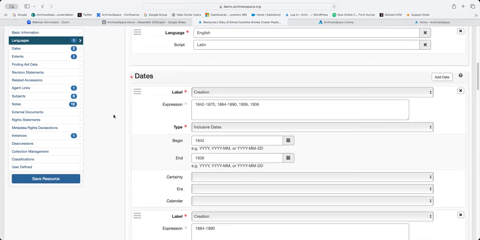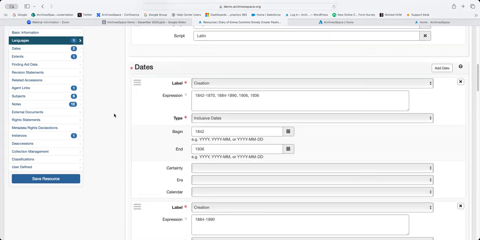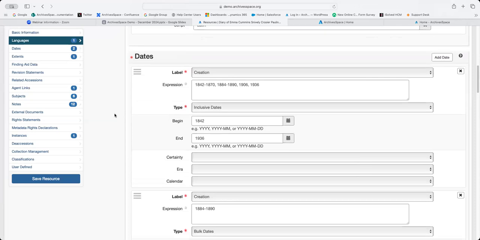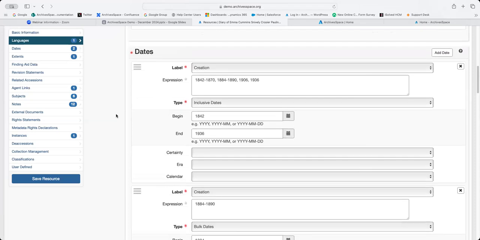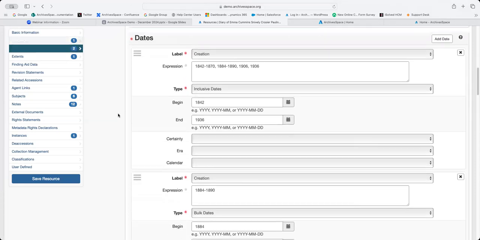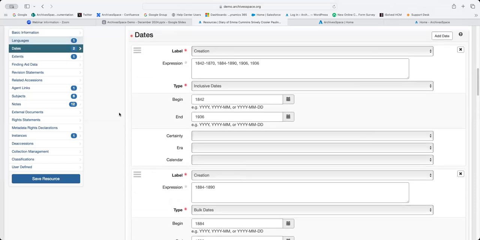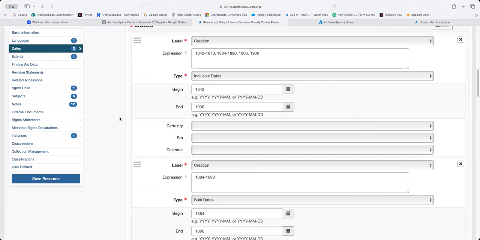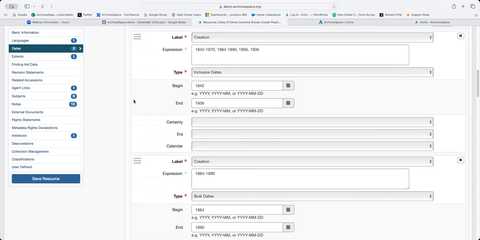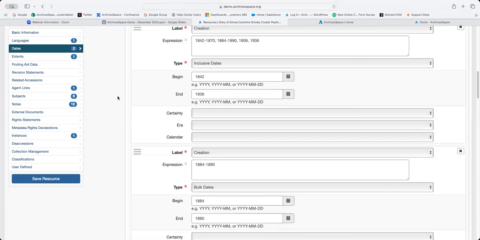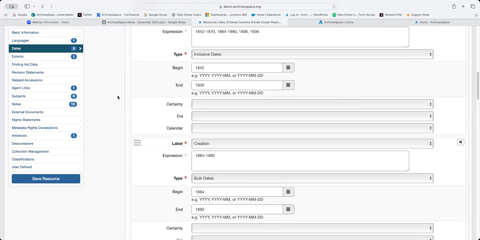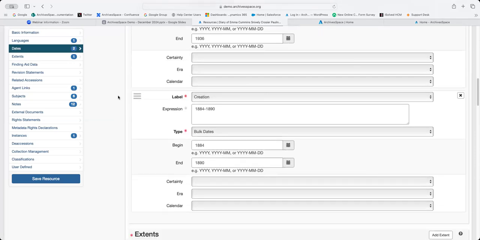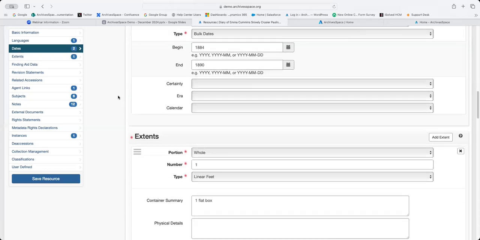So the related accession record could be linked here, as well as digital object records and subject headings, things that might help link your relevant collections together. The resource record module is where you build your finding aid, and it's essentially where you can build out this description. And I'll show you in just a minute what the hierarchy looks like as well. And as I mentioned, you can always export this out as EAD, MARCXML, or PDF.